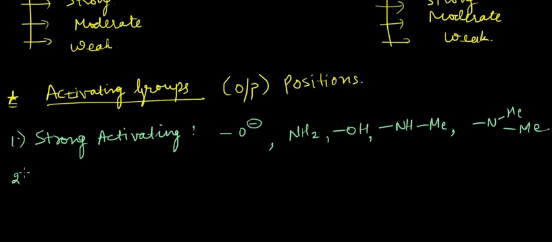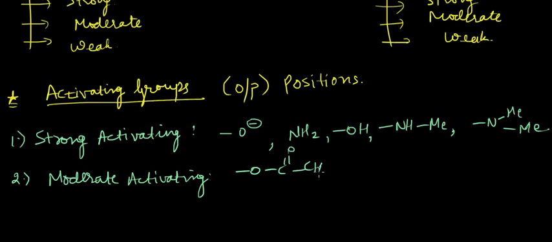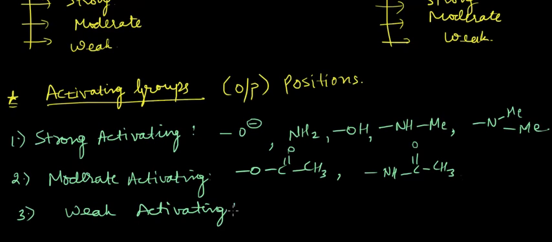Okay, let us discuss moderately activating groups. And those are the ester group, the amide group. Okay, next weakly activating groups, we have the CH3 group attached to the benzene or phenyl ring, Et, this one or this one. These are all weakly activating groups. Okay,